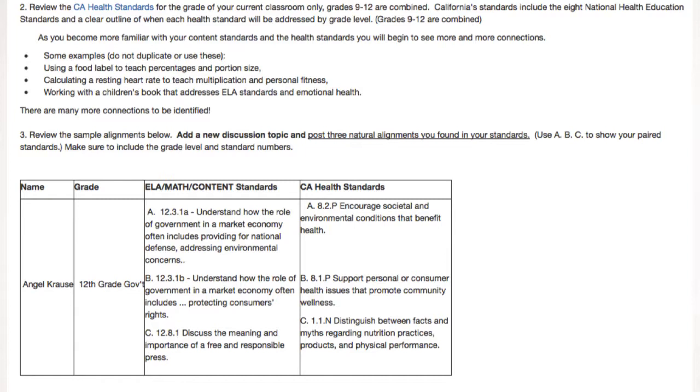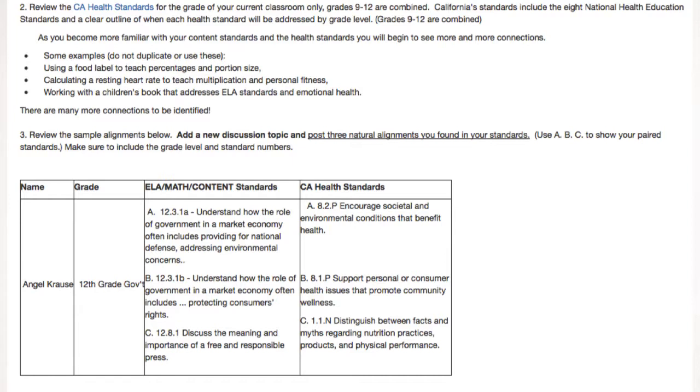A quick note here on what you want to choose. If you're a multiple subject teacher, you want to choose the ELA Common Core or Math Common Core standards to begin with, and then find a health standard that relates to it. If you're a single subject teacher, you'll just want to choose one of the state standards that you can focus on. Now, the California health standards are linked in the content there, and you may want to save this information to your computer, because you're going to continuously refer to this and access these frequently.